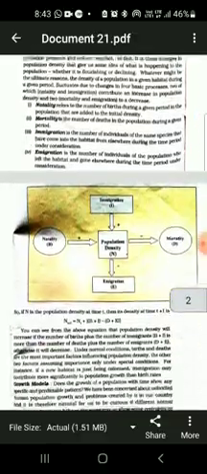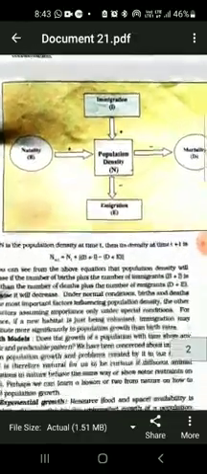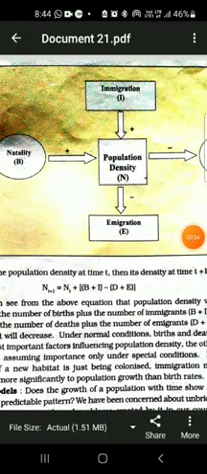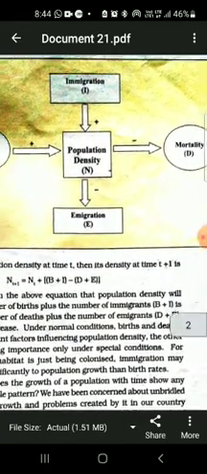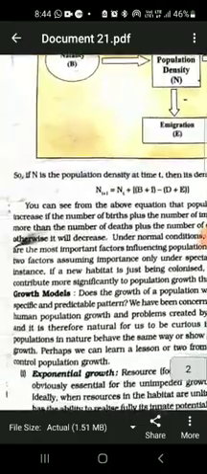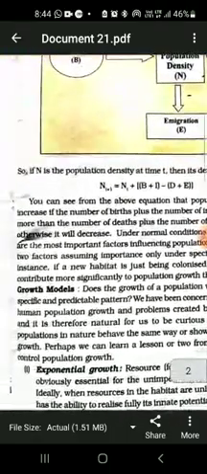Here is a diagram. You can see here this population density is represented in any geographical area by the capital letter of the English alphabet N. N is representing the population density, and this population density keeps on increasing on two factors. One is natality and the other one is immigration, and mortality and emigration are the cause of declining population.